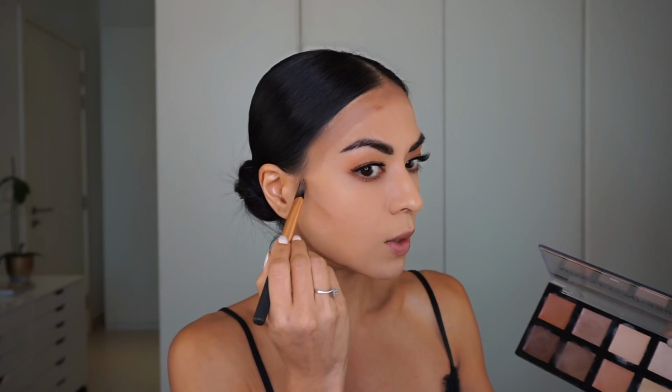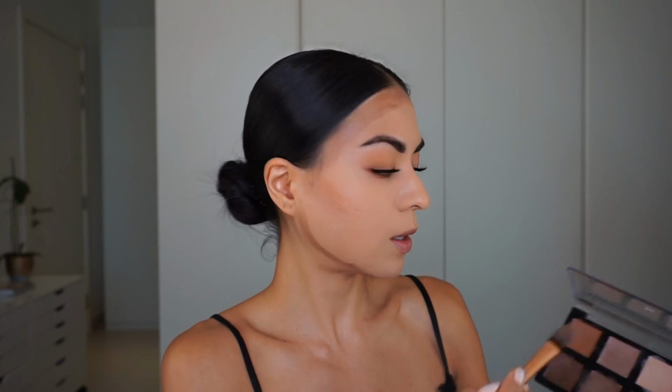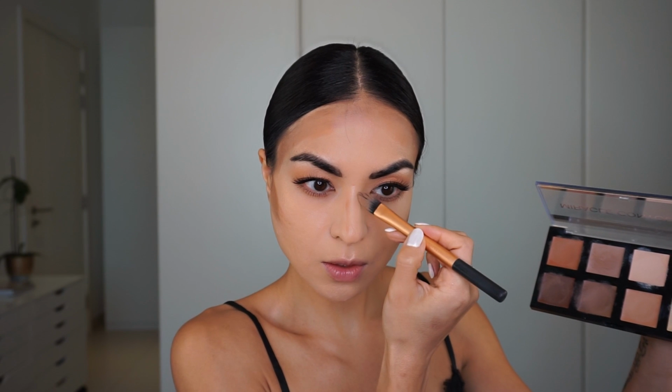Underneath the chin is a good idea if you have that double chin. Okay, now I will pick up this bronzy shade and we'll add above the other stroke we did, and this will give me a little bit of warmth, like a bronzy look. That's it. Now for the nose, I will use the lightest shade on the palette and come straight down,